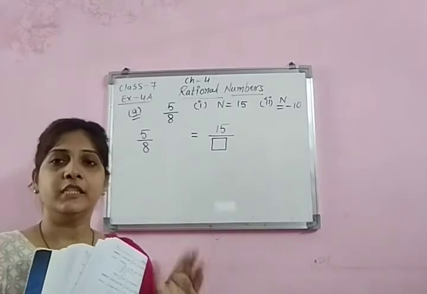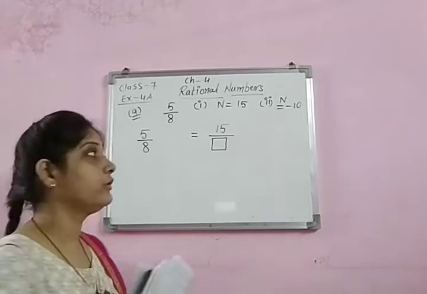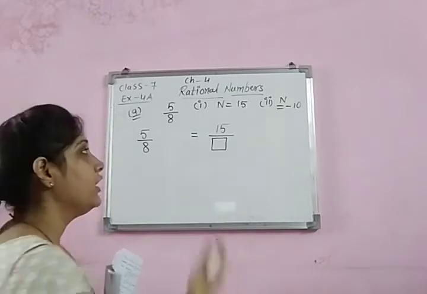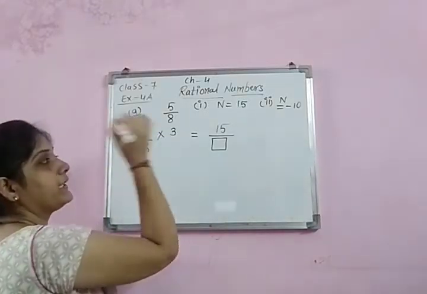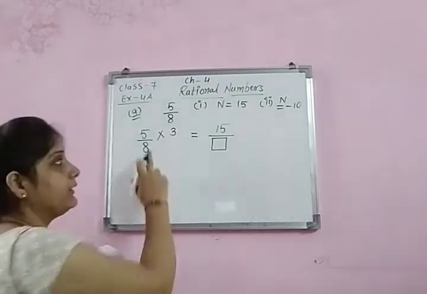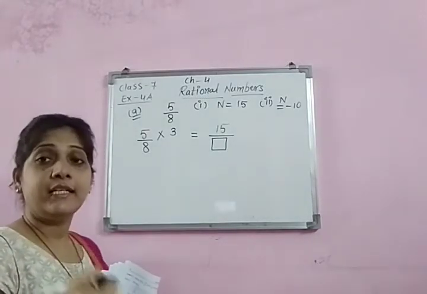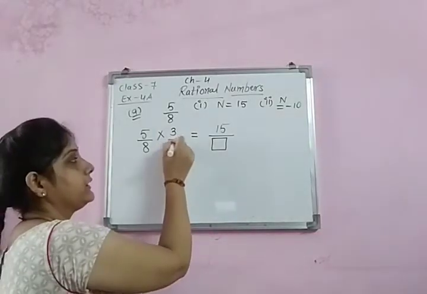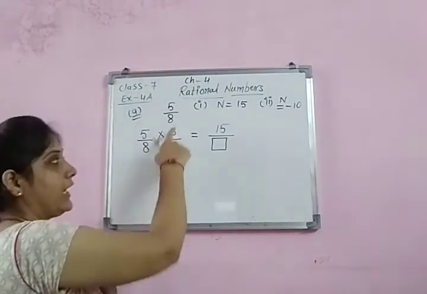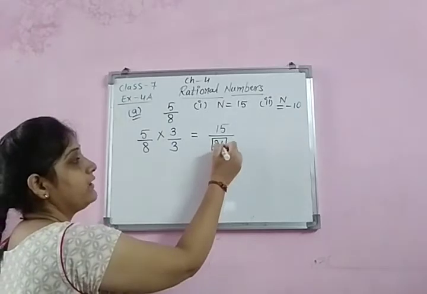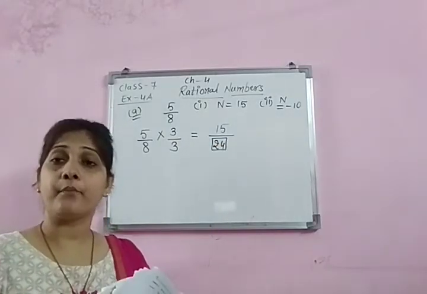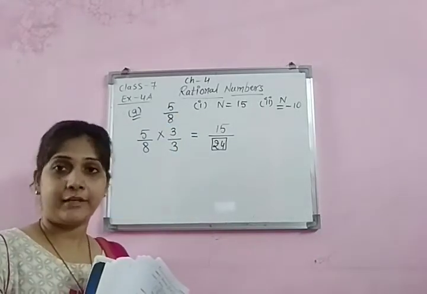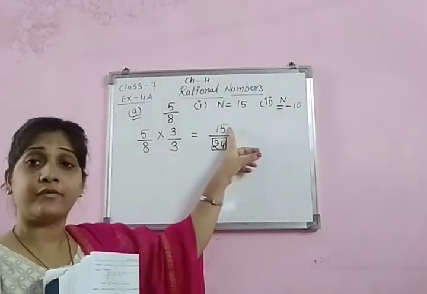Now, you all know about equivalent fractions also. How does 5 become 15? Think how 5 becomes 15. और 5 को किस नंबर से मल्टीप्लाई करें कि 15 आ जाए? Yes, 3, because 5 3s gives us 15. Now, as we know, whatever number we are taking in the numerator, the same number we have to take for the denominator. So I have taken 3. Now 8 3s are 24. So 15 upon 24 is the rational number which is equivalent to 5 by 8. And your condition is also satisfied because the numerator is 15, you can see.